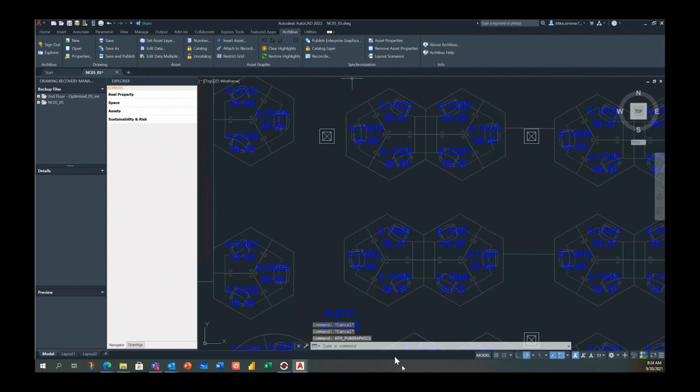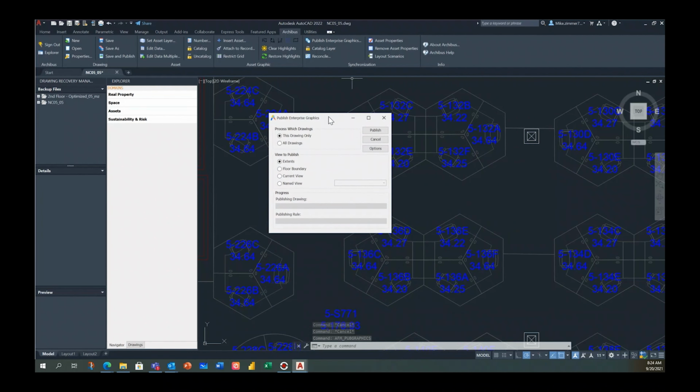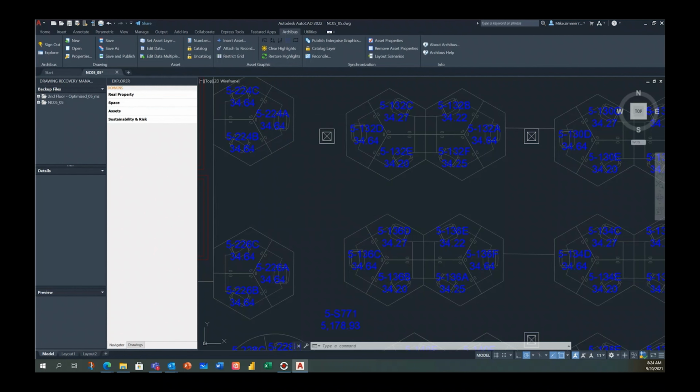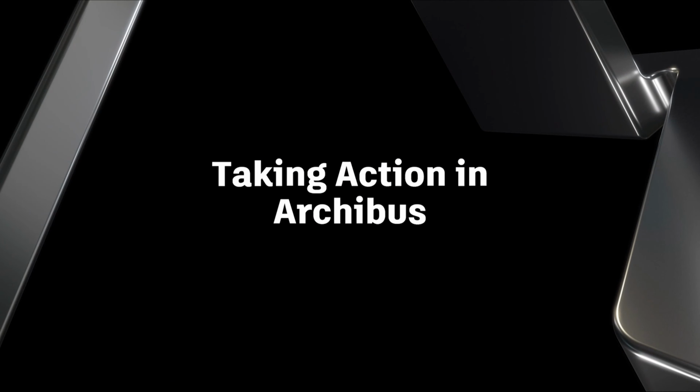But once everything is polylined in the way that it needs to be, and it's time to take the visualization here and have that translate over into Archibus, you simply publish Enterprise Graphics. And what this is going to do is provide Archibus with all the different layers of information from Autodesk in a visual format. So your SVG file, your scalable vector graphic image files. And we're going to see how that articulates itself or visualizes or presents itself within the Archibus solution in the next step of our demo. So let's go ahead and jump over into Archibus now.